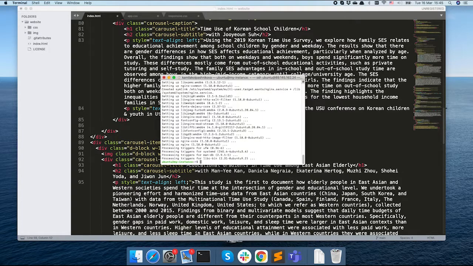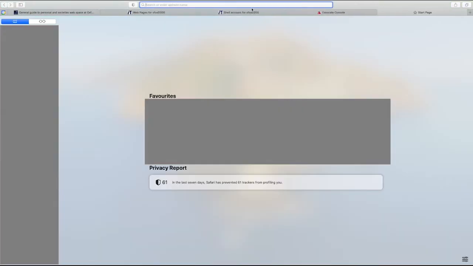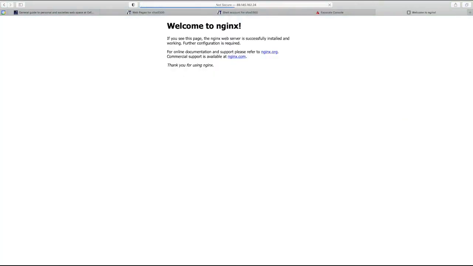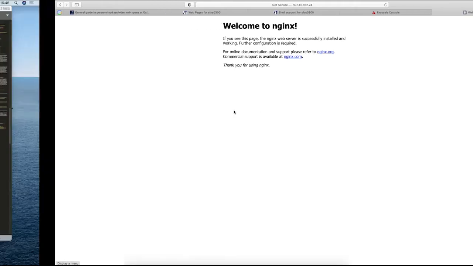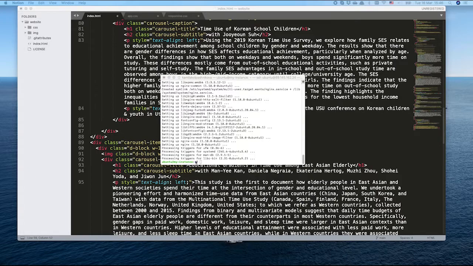When NGINX is installed, you can copy this address and go to it, and you will see that the server is actually running because you see the welcome NGINX page. So then, back in your instance, you have to go to that directory of NGINX,